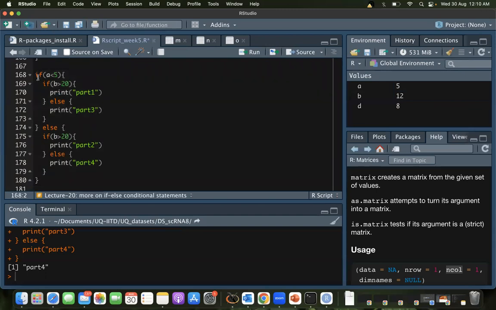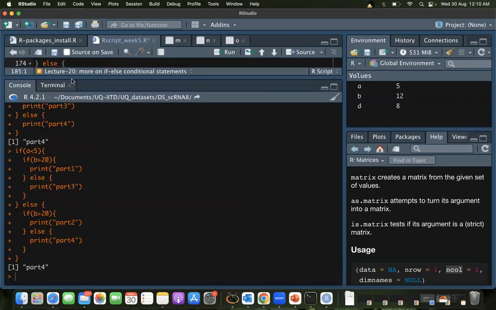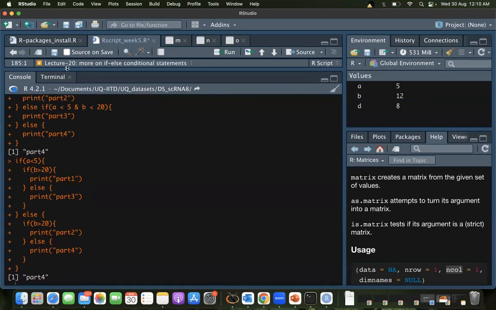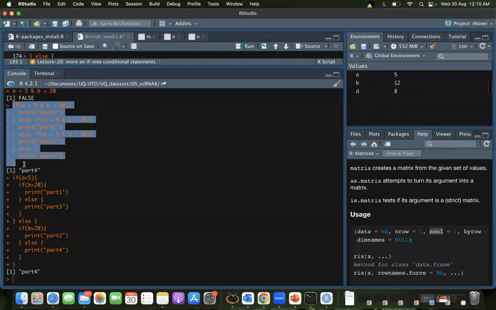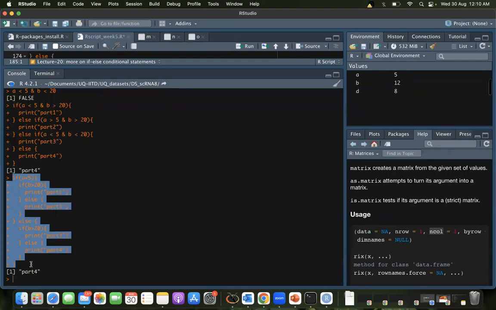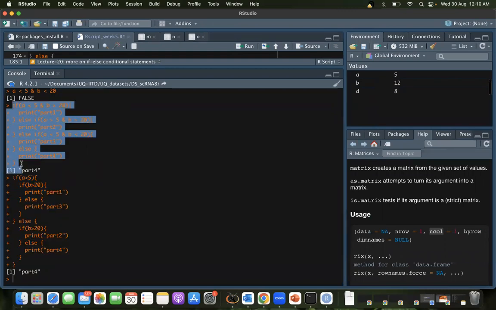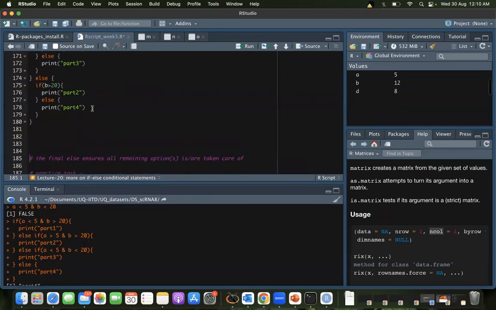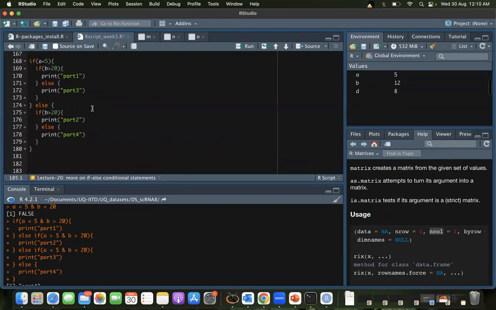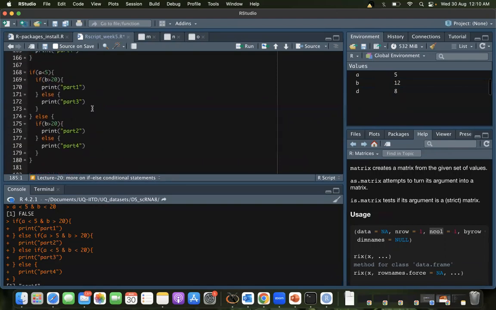So if I have my cursor here, you see, these were two different things that were evaluated. This was the continuation conditional statements, and this is the nested conditional statements. They both give me the same answer because they both follow the same logic internally. Take a look at it. I will send you the script. If there's any confusion, we'll discuss it in the next class.